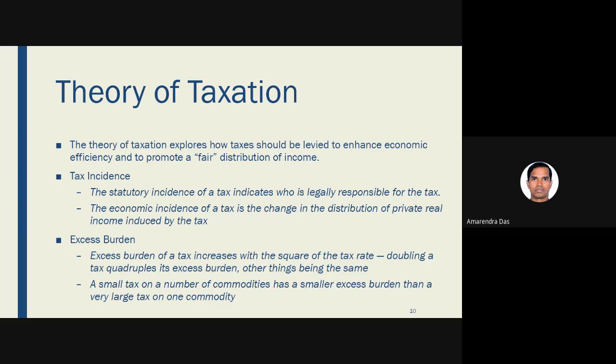Okay. Similarly, for the producer, when the producer was selling a large quantity, he or she was getting more profit. But due to imposition of tax, the production and sales will decline, and as a result the producer will also get less profit. So there was extra surplus for the producer, and now the producer is getting less. So now both consumers and producers are losing because of the imposition of tax, and that loss is much more than the tax that they are paying to the government. So that is known as excess burden.